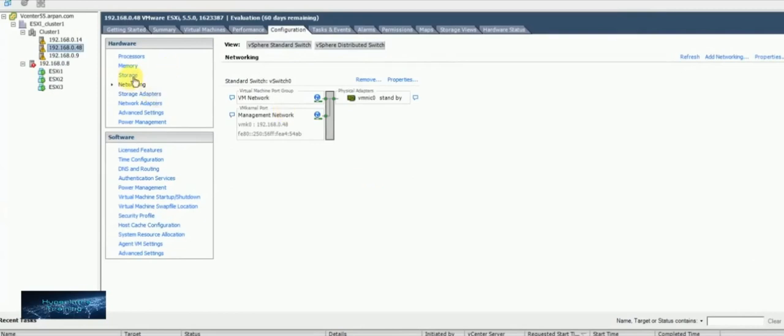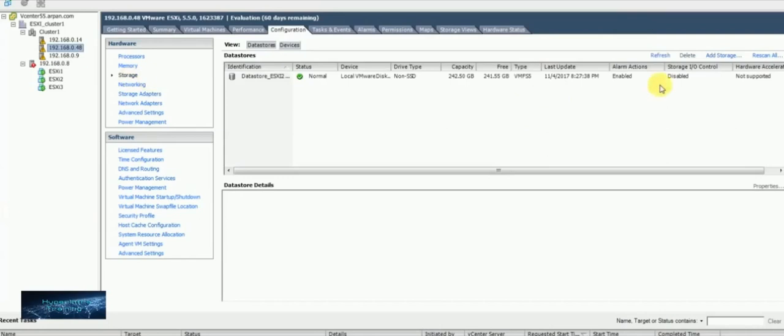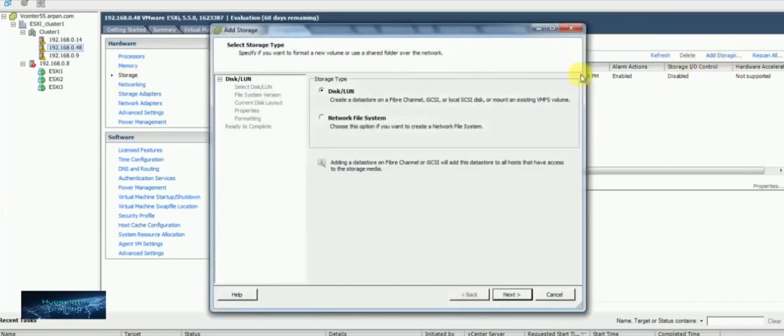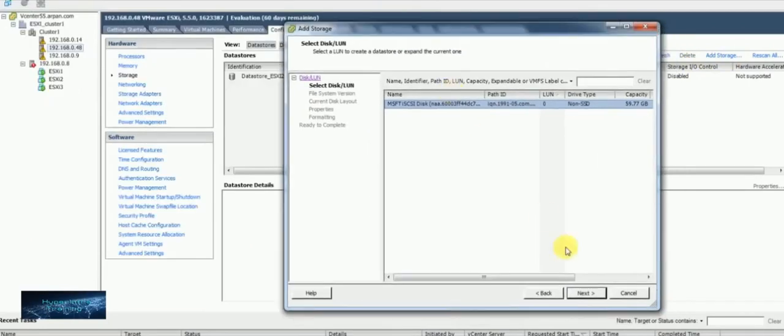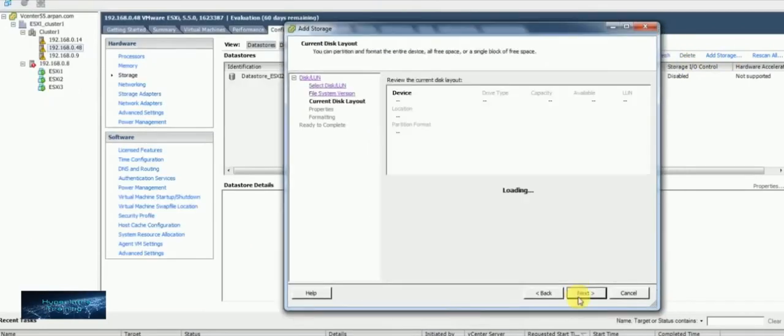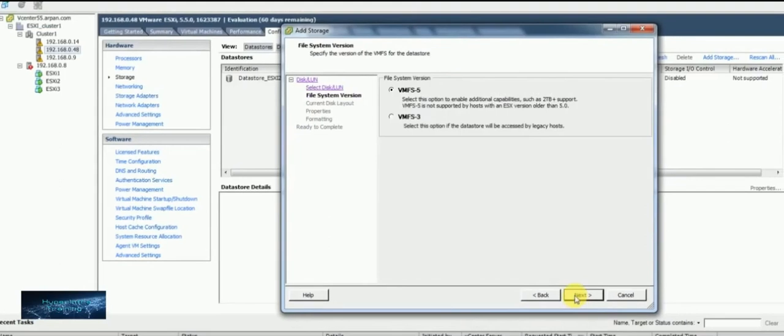For that, I'll go to storage, where it is the only data store I have right now. Then I'll click on add storage and select the option disk and LUN. As you can see, it will be using that iSCSI disk which is mounted, so I'll select that iSCSI disk. Then what is the file system version? This is the virtual machine file system version, and as you can see, if you want to have one hard disk or one storage larger than 2 TB, in that case you need to select